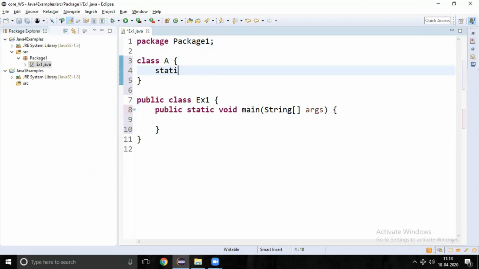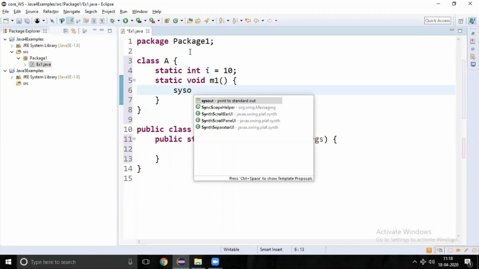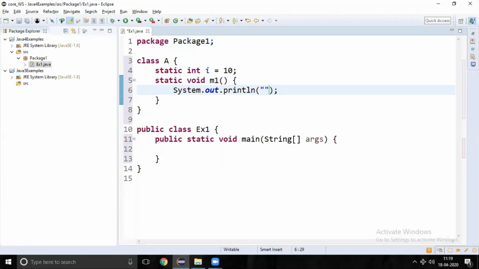Here I am defining static int i equal to some data, and I am defining one static method as well, static void m1, which prints "m1 static method" from A class.